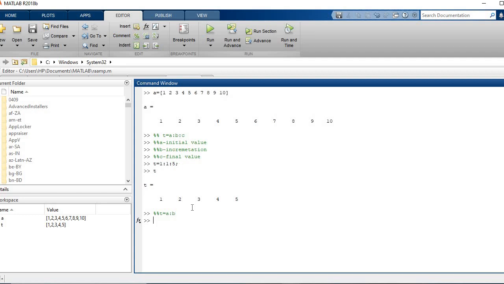For example, if I write a command T is equal to 2 colon 7. Now in this command 2 is the starting value, 7 is the final value, and automatically the incrementation here is assumed to be 1. So T will lead to creation of an array in which the values start from 2, then subsequent data elements are incremented by 1, so 2, 3, 4, 5, 6 until it reaches the final value, that is 7. So this is what the colon operator was.